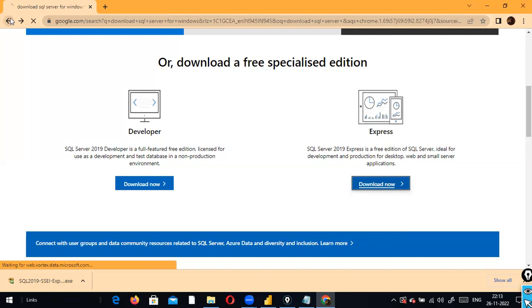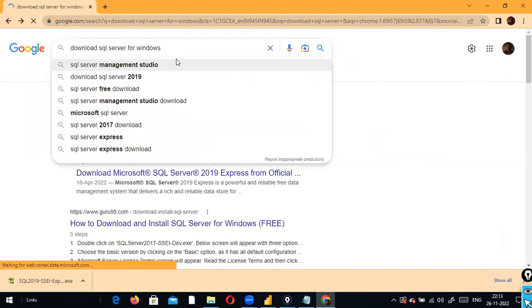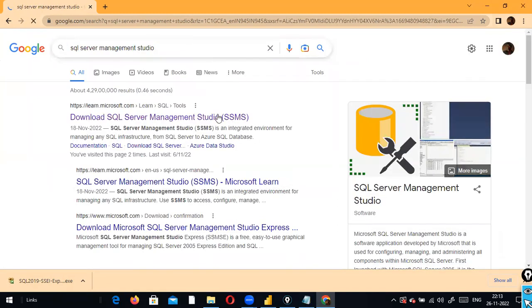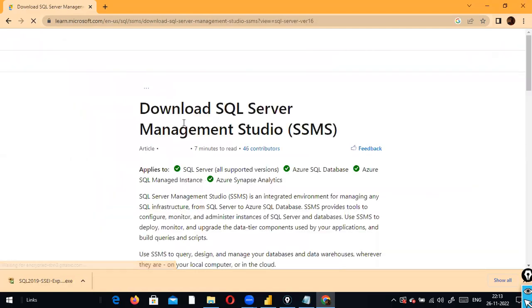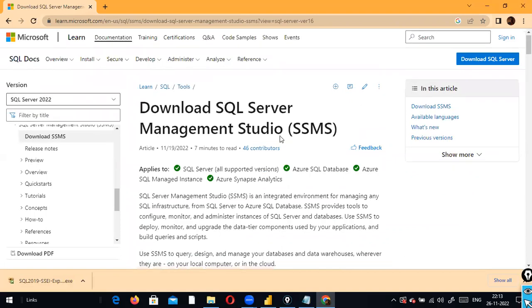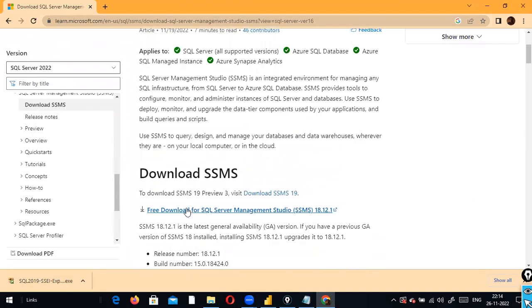And then go to Google again, SQL Server Management Studio. Click on it. Okay, so here, download SQL Server Management Studio. So what is the difference between SQL Server and SQL Server Management Studio? In SQL Server Management Studio you only write the SQL query. Okay, so on this page you just scroll down and click on this one. The installation is also pretty simple. But guys, make sure that you first install SQL Server and then only install SQL Server